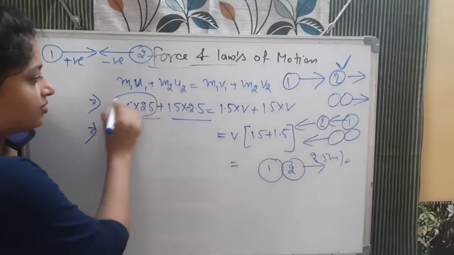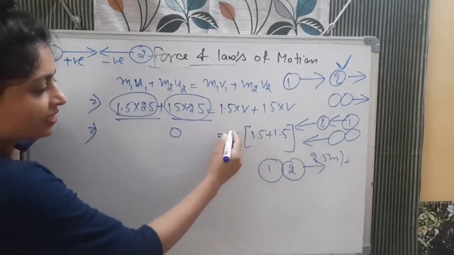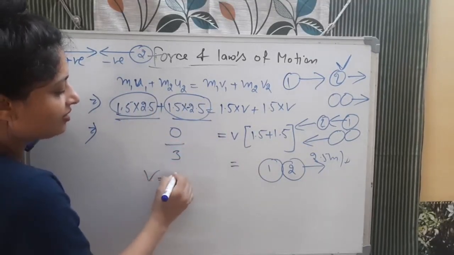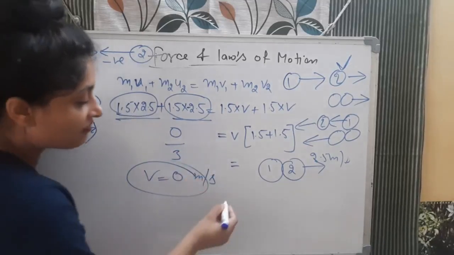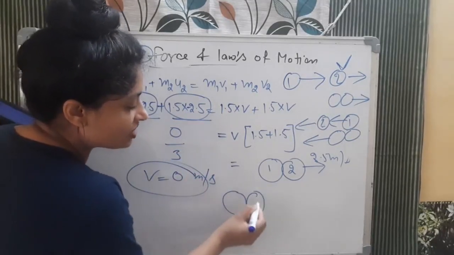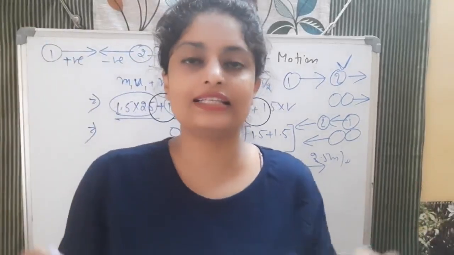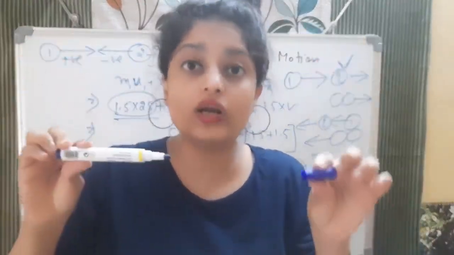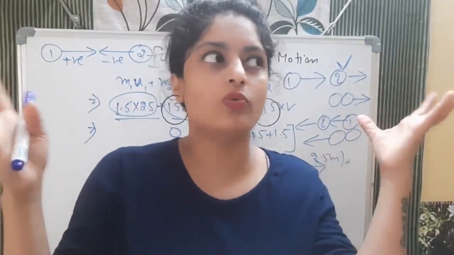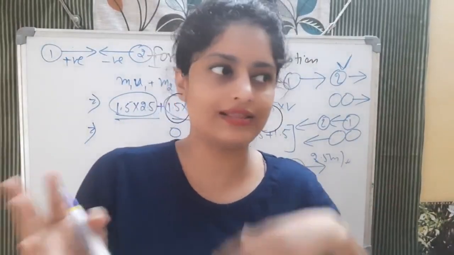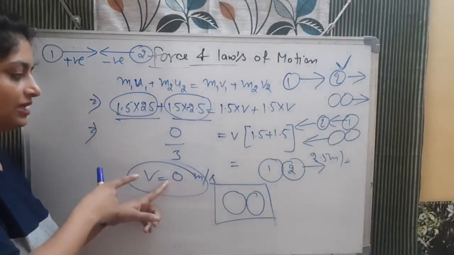So whichever term is negative here, that will cancel out to 0. This side v into 3, so 0 divided by 3 will be what? It will be 0 only. So that is 0 meter per second. It means after striking they both attach and they both are at rest now, because in the question you can clearly see that both are coming with equal velocity, equal mass, in the opposite direction. So after sticking together their momentum was equal, so they cannot move neither in this direction nor in that direction. So your final velocity will be what? It will be 0 meter per second.